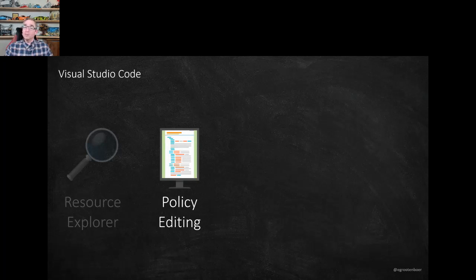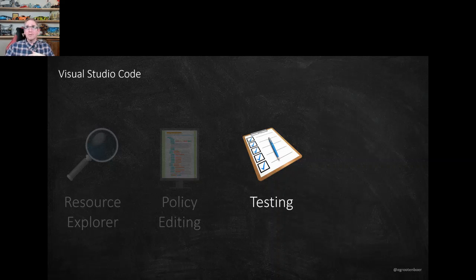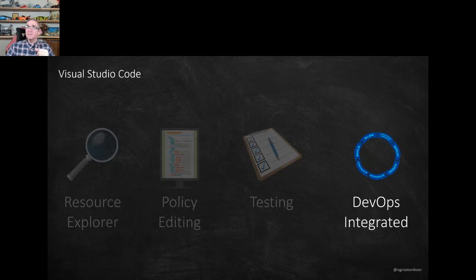I can also edit my policies. So I have IntelliSense in there, I have syntax highlighting, and I can just edit my policy right from Visual Studio Code and upload it directly. And after that, generate the ARM template out of that. I can test it from my Visual Studio Code as well. Like I can create a test call, and then I can actually just call this out directly to my API management and start looking into debugging and stuff like that.